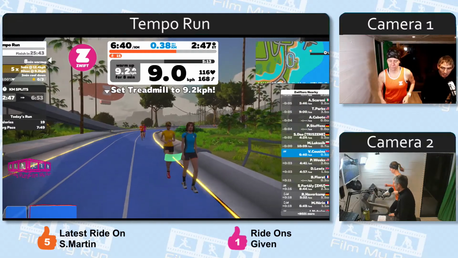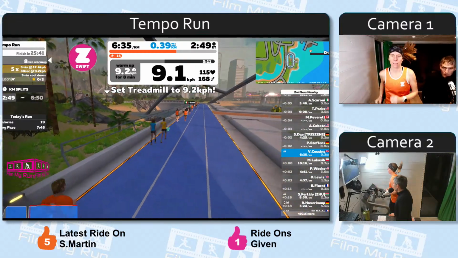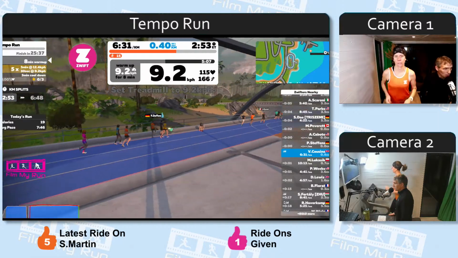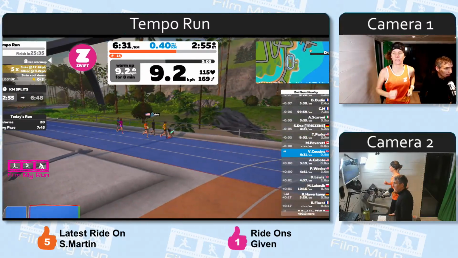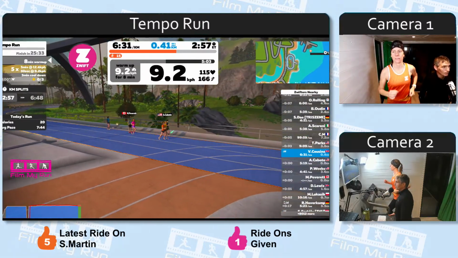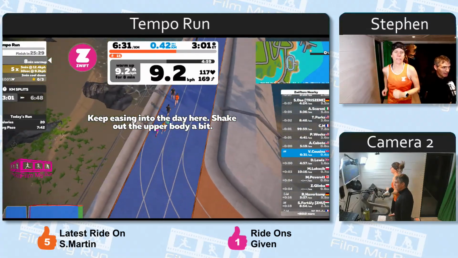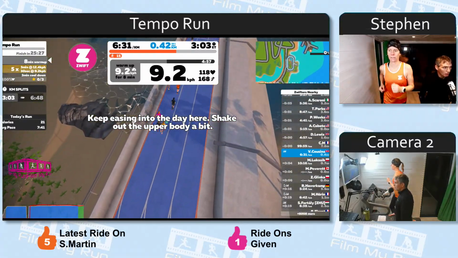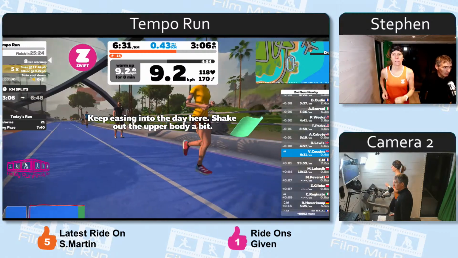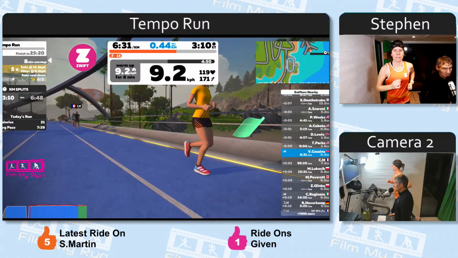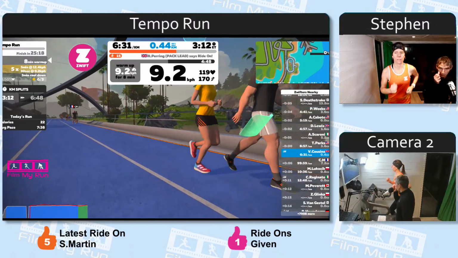Okay, 9.2 kilometres now. So this is the warm-up where we're gradually increasing the speed. We are watching Facebook chat. We're watching YouTube chat. Hello, Miguel. Miguel says, do you know how to repair the scripts in Zwift? When you say the scripts in Zwift, Miguel, what do you mean by the scripts? We can easily reinstall Zwift if there's ever a real problem.